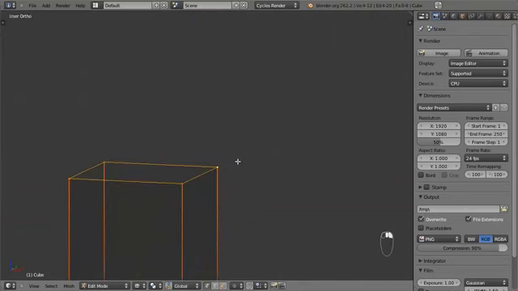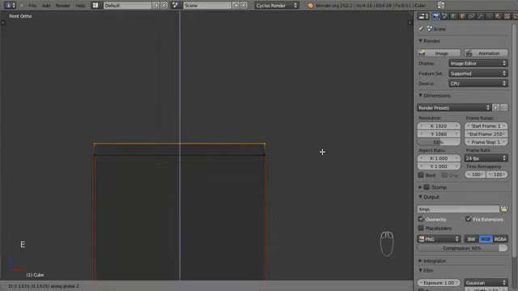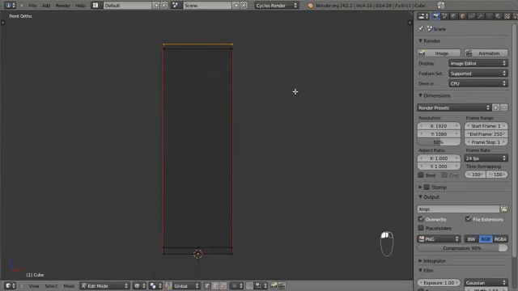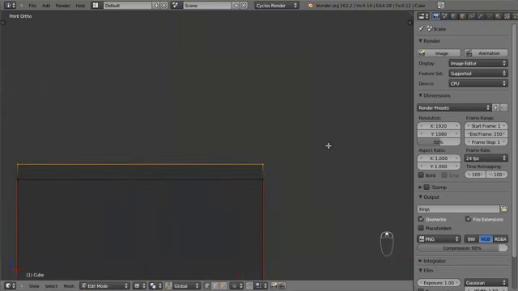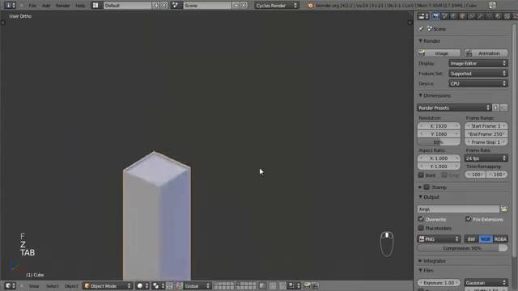Then getting up to the top here, what I'm going to do is model a very basic balcony. And it's important that you spend a little bit of time making sure that the top looks nice, because that's what is going to be most visible to the camera, the tops of all of your buildings. So I'm just going to model this little balcony here, so extruding that upwards, extrude it again, scale it inwards, extrude it down, and then place a face,